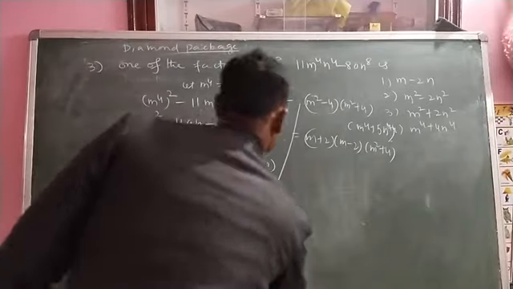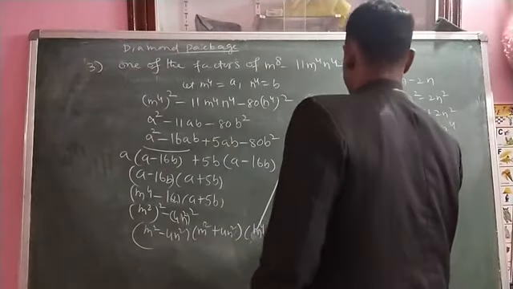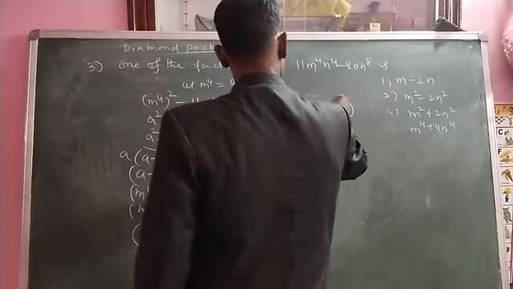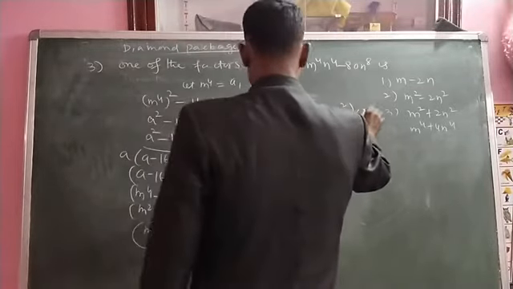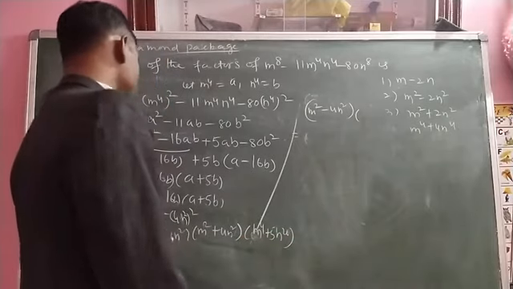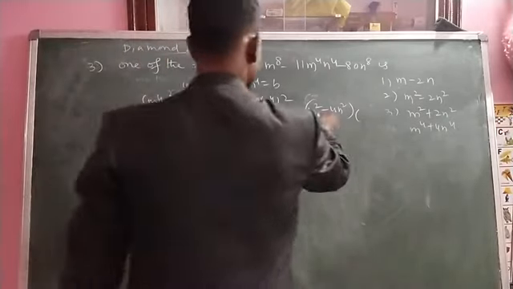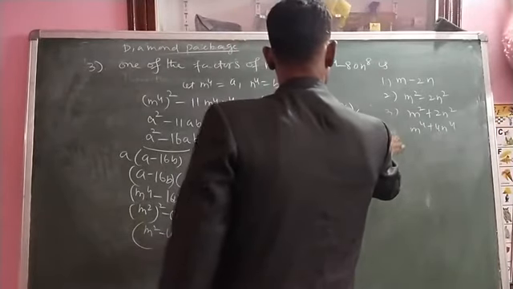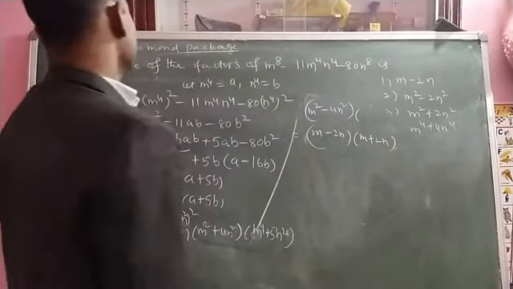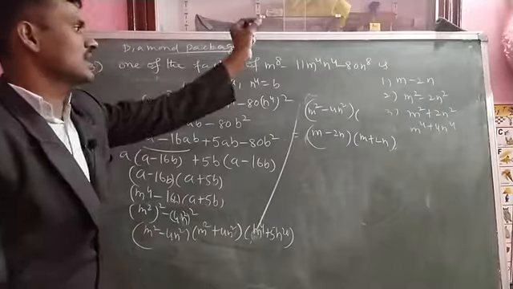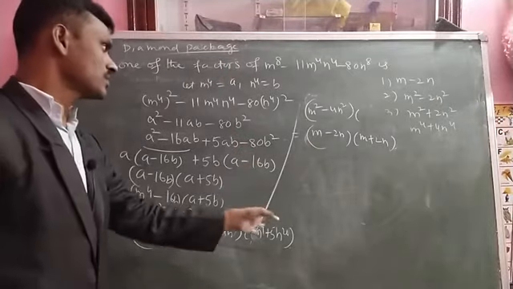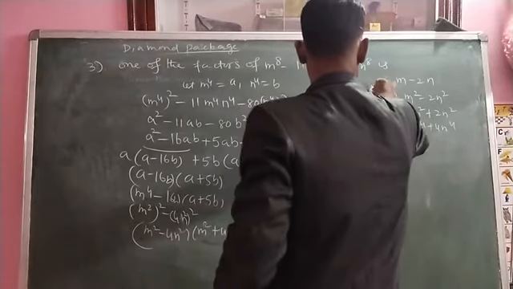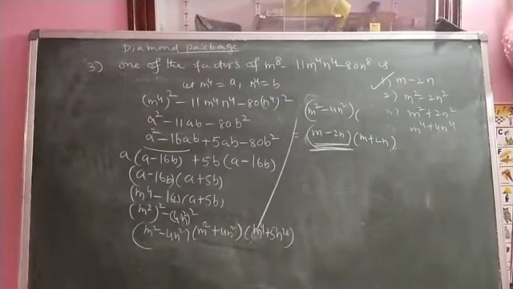Now same as this you can rewrite here m square minus 4n square into, yeah, this is total, you can leave it, you just have to take this one only. This is rewritten as m minus 2n into m plus 2n. See here, one of the factors they asked. Okay, remaining you can leave it, no problem, or otherwise you can write here continuation. M minus 2n is one of the factors. Note down.